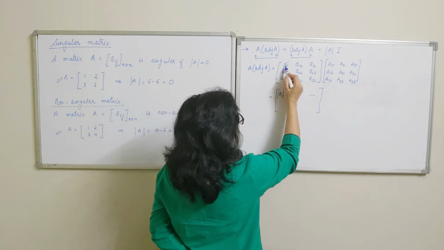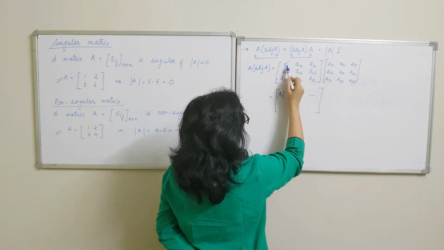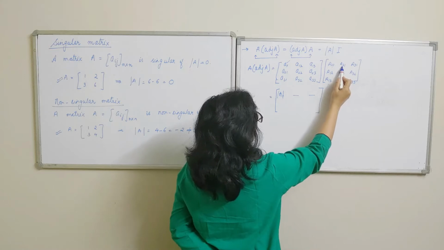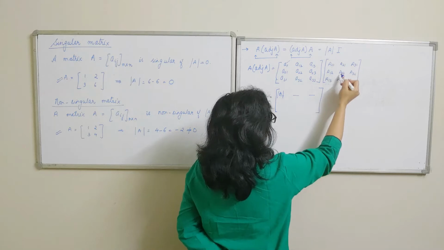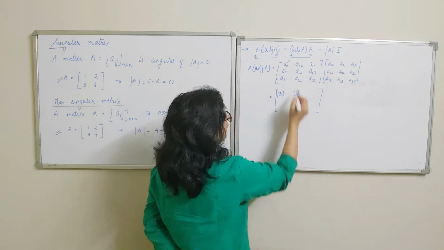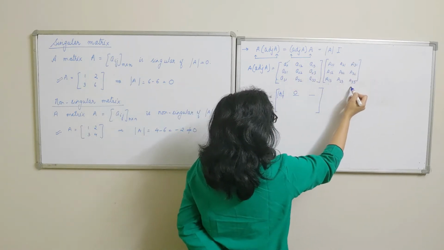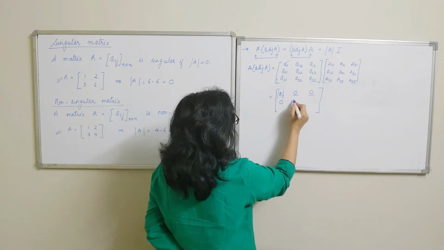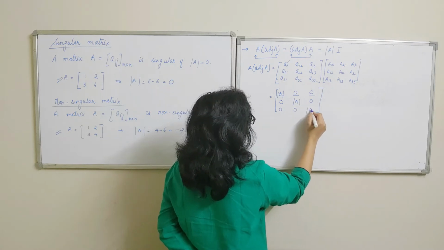Okay. For this element, the first row elements are multiplied by the second column elements. Notice here, the element is this, which is not multiplied by its own cofactor. It is being multiplied by the cofactor of the second row. So the first row elements are multiplied by the cofactors of the second row. Hence, this should come out to be 0. Likewise, first row elements multiplied by cofactors of the third row give us 0. Likewise, when we continue, we notice that we will obtain a matrix of this kind.